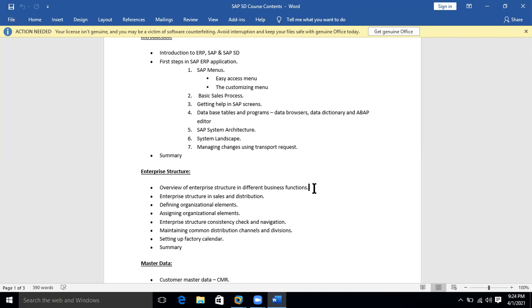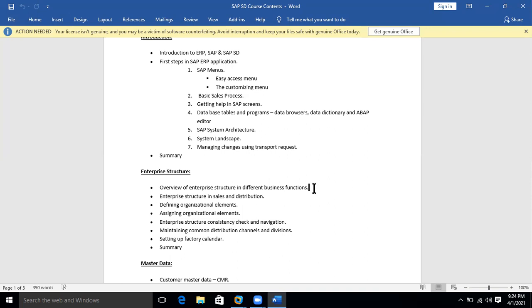Then we can see enterprise structure related to purchasing, it will be different. Unlike SD, where you have sales organization, sales group, and similar org elements, if you take purchasing or materials management, the structure and the combination of org elements will be different.